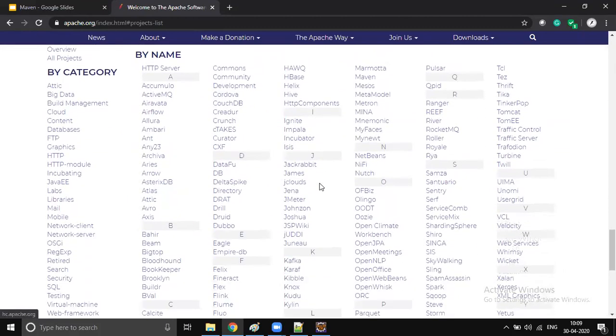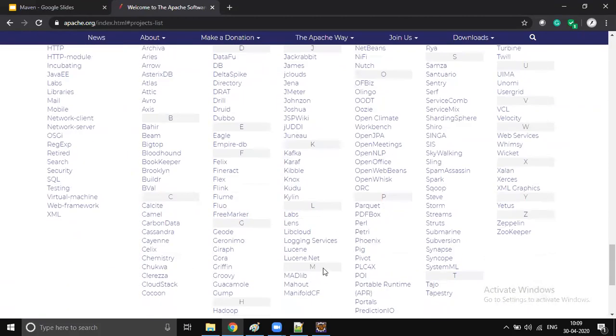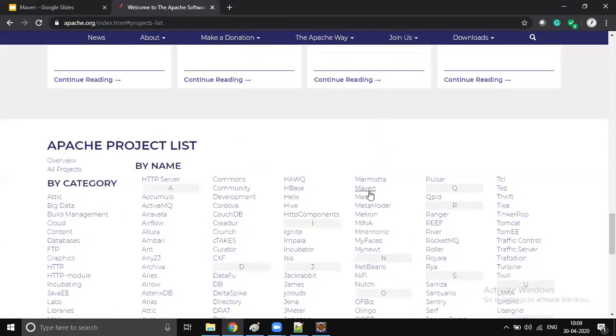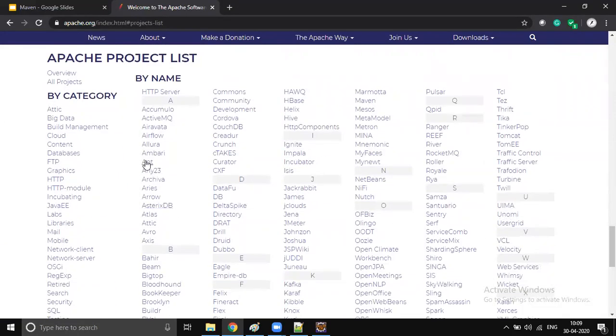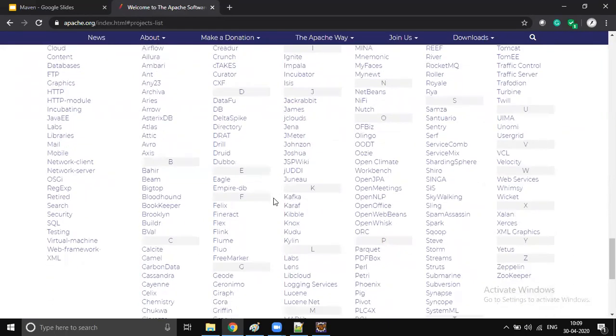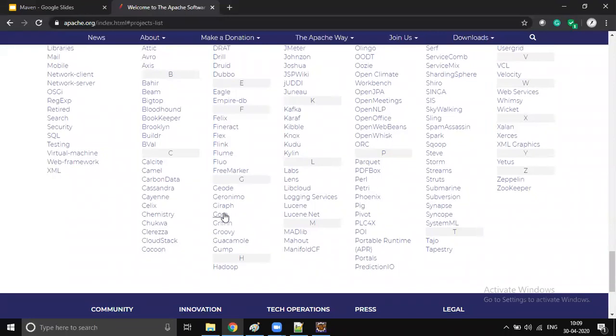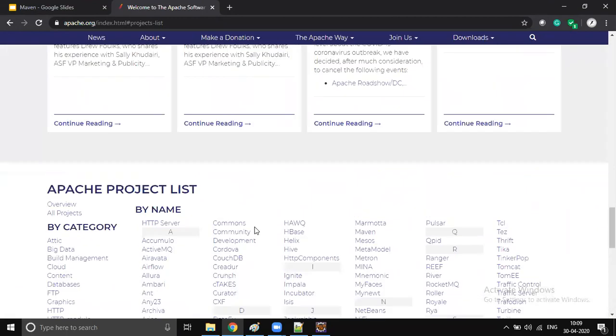Where is it? See, here we have Maven. Somewhere here we should have Gradle under G, but we don't. I don't know why they are not listing it. Maybe Gradle is from some other organization.